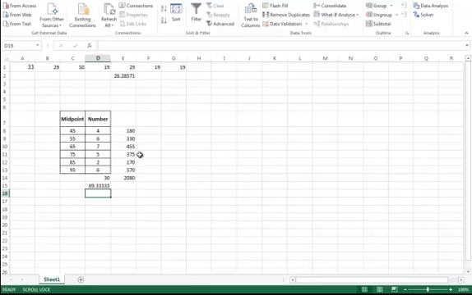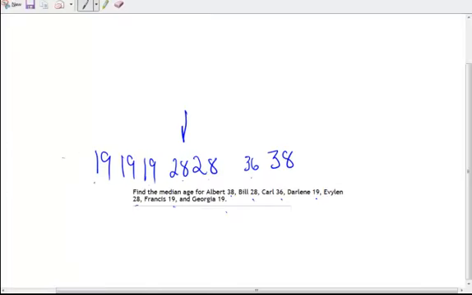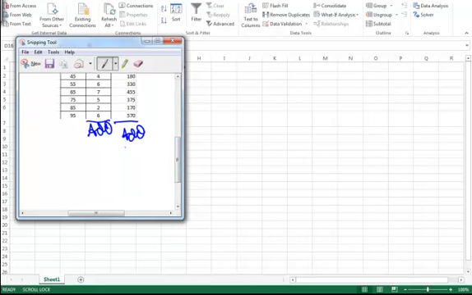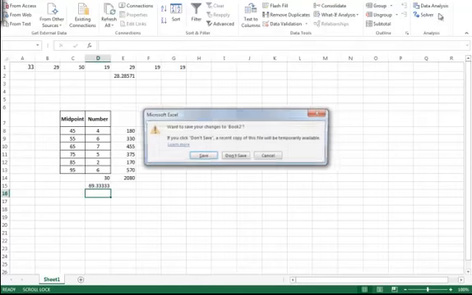So to find the weighted average, or the average of a frequency distribution like this, you would multiply those numbers, add them up, add these up, and then the weighted average will be this total divided by this total. Next,